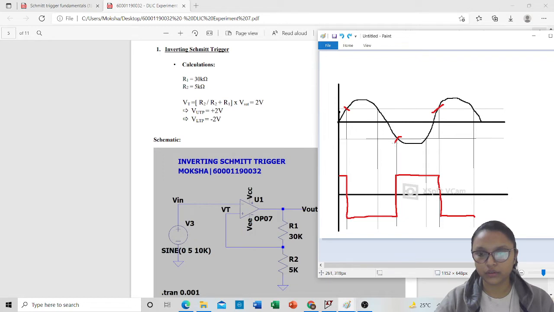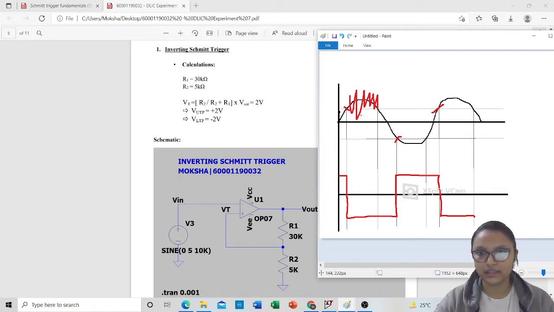Now again there is a crossover, that is from minus Vref. Now at minus Vref, my input voltage has decreased much more, so I am getting a positive Vsat. So as you all can see, the change in the output is at the first positive Vref, and then at the second positive Vref there is no change, and then at the first negative Vref there is a change. Again at the second negative Vref there is no change, that is the alternating change. So now even if there is noise coming over here, there is no change in the output.